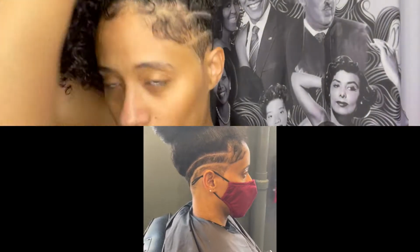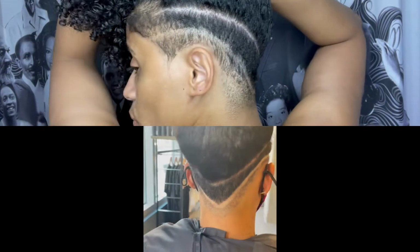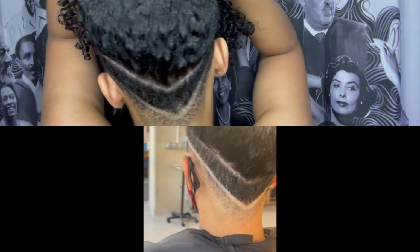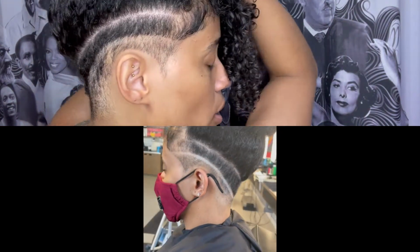So today I'm going to be talking about my undercut. If you haven't seen my video, I actually cut my hair a week ago tomorrow. I'm going to turn around for you. This is what it currently looks like. I'm going to insert some pictures and videos of what it looked like when it was fresh. 6 days later,